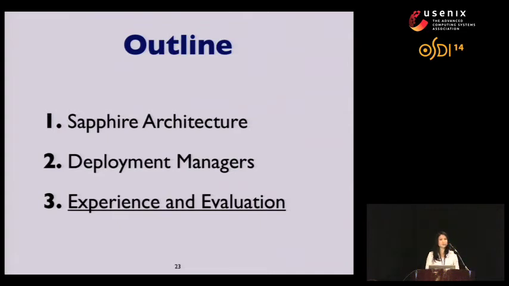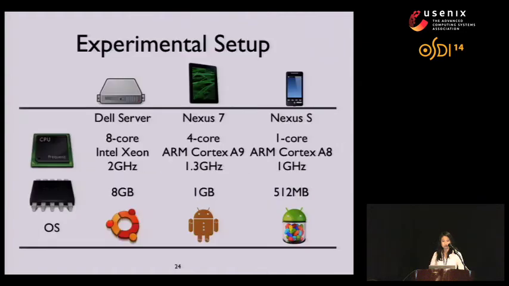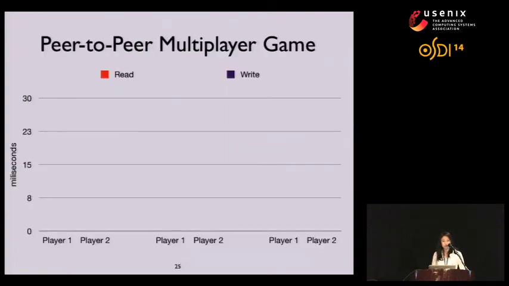So just to conclude, I'm going to show you the implications of using different deployment managers on the performance of a Sapphire application with a few performance results. Our experimental setup had a couple of mobile devices and a cloud server. Our mobile devices were connected to the cloud server either through a local area Wi-Fi connection or a T-Mobile 4G connection. The first thing I'm going to talk about is a multiplayer game that we built in